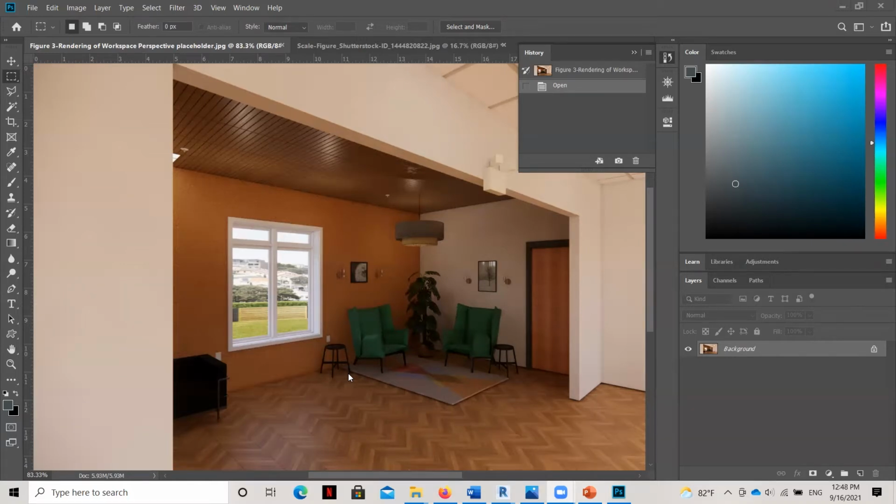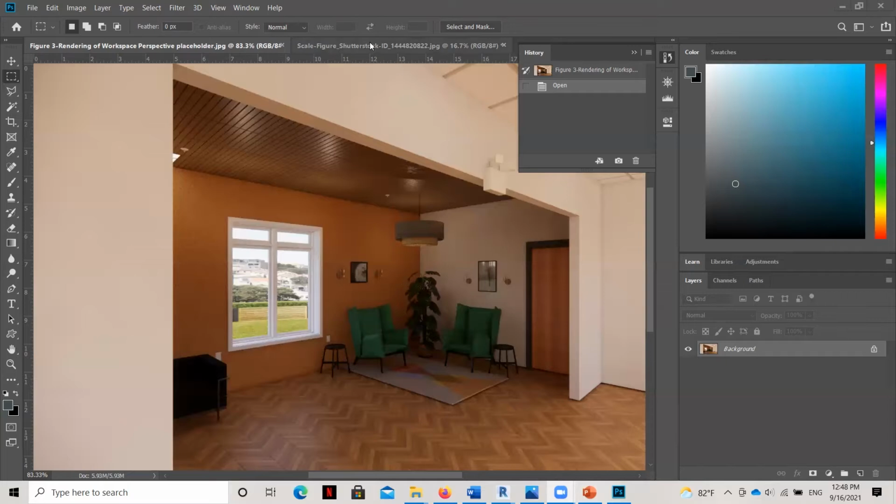So I tend, because I have a trained eye, to really start to look and analyze if the scale figures are placed and used correctly. And because there's so much room for error with that, and because you don't necessarily want a viewer to be distracted from your rendering, I tend to just prefer to bring in scale figures as silhouettes. And so I'm going to teach you how to do that right now.